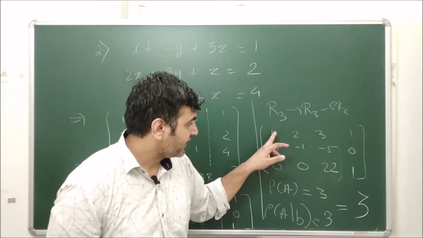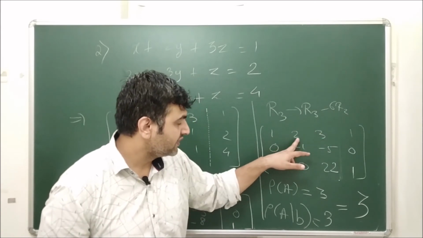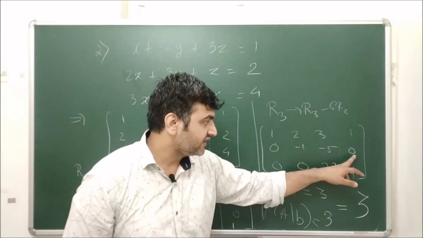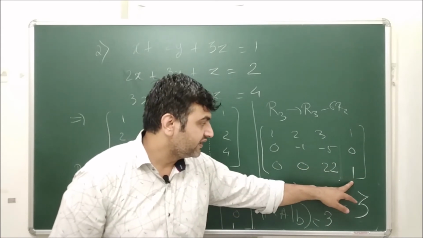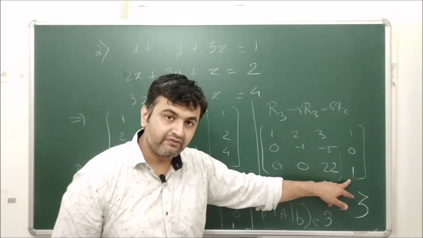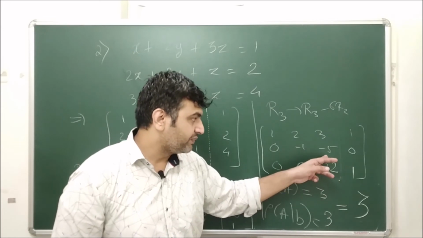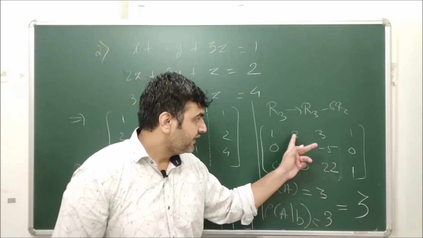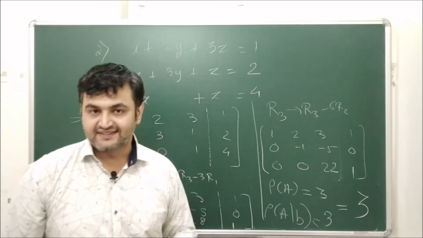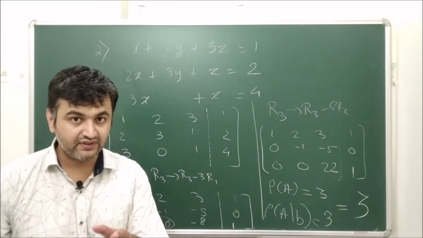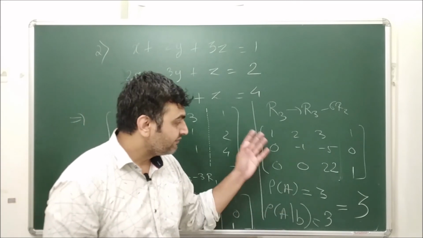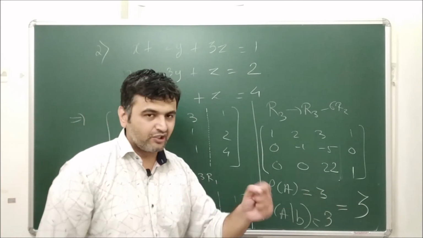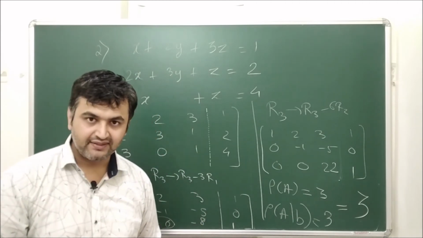So again you write down this. So this is x plus 2y plus 3z equal to 1. Minus y minus 5z equal to 0, 22z equal to 1. So z will be 1 by 22. Put the value of z in the previous equation, you get the value of y. Put the value of y and z in the first equation, you get the value of x. So the first homework for you is, in the comment section, tell me what is x, y, z. z I already told you, 1 by 22. Do some work and tell me what is x and y.